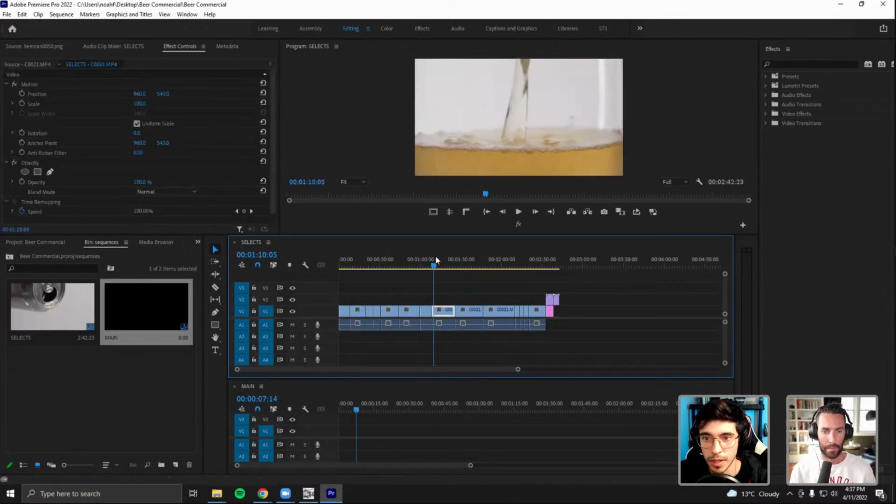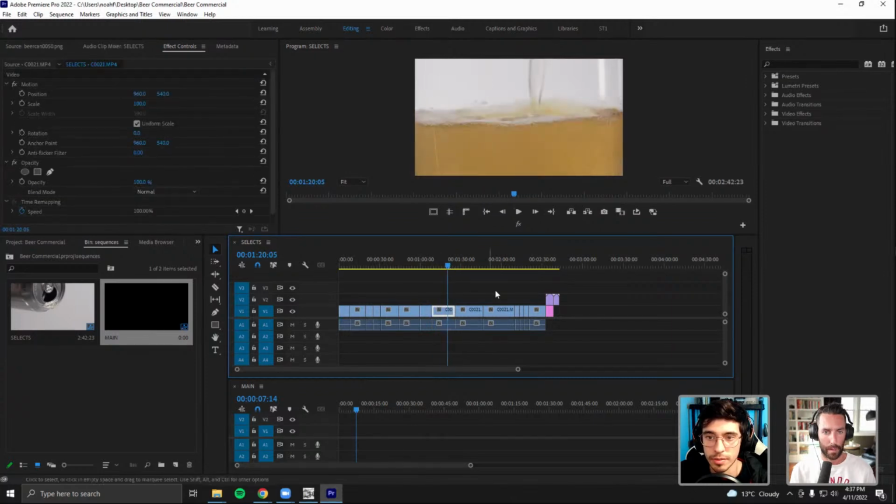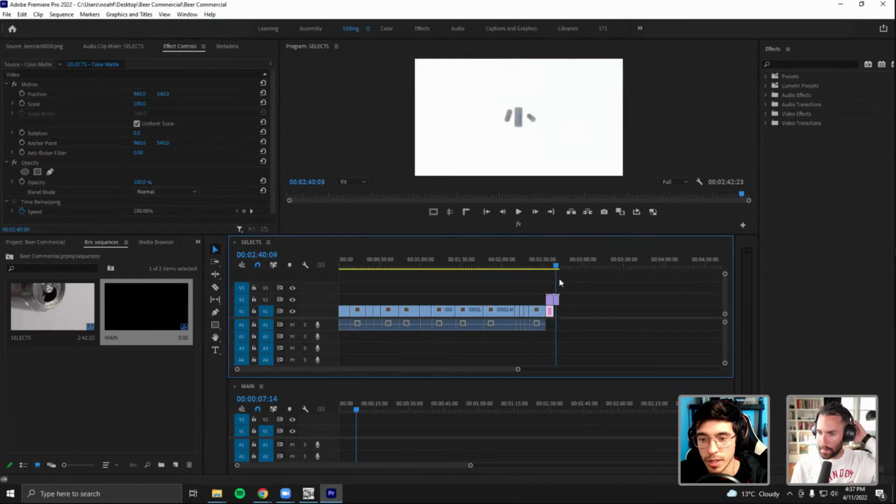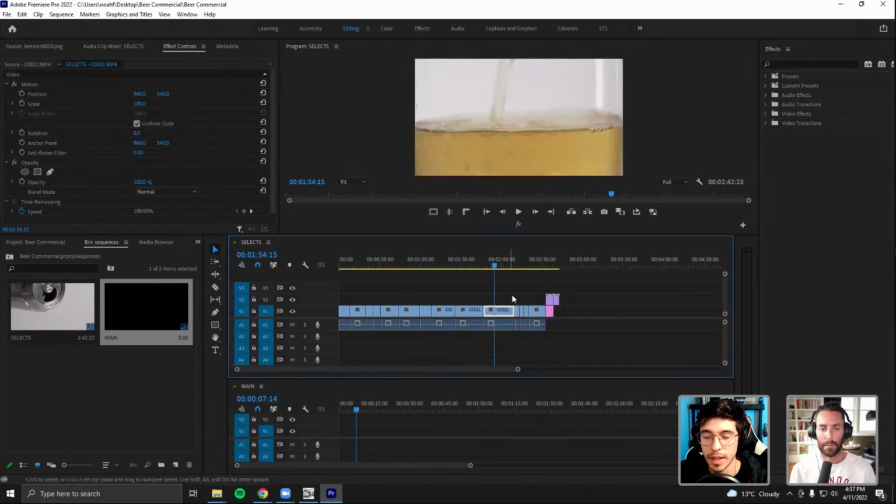So another tip that I would like to share is actually, see this yellow bar here? This pretty much just means that the preview isn't fully rendered out yet. And if you make heavy changes, like once we start doing the color grading and stuff like that, it'll actually turn red to show you that you don't even have a preview of it.